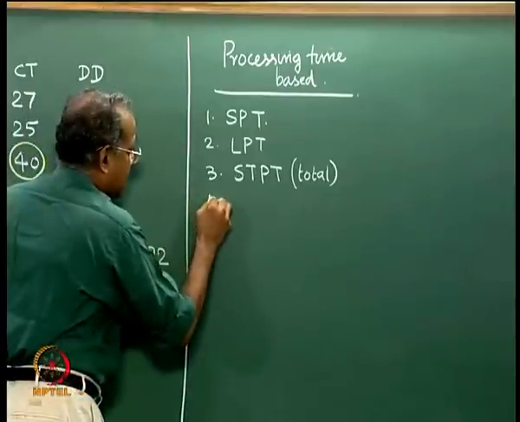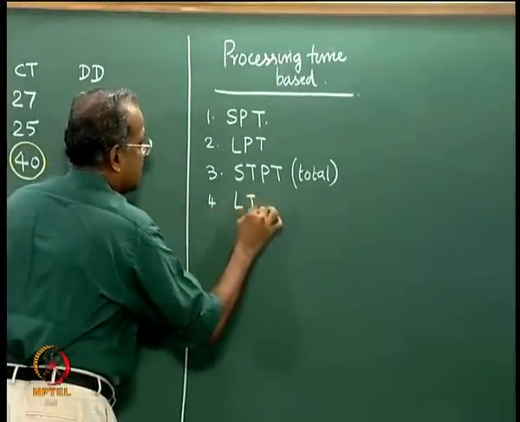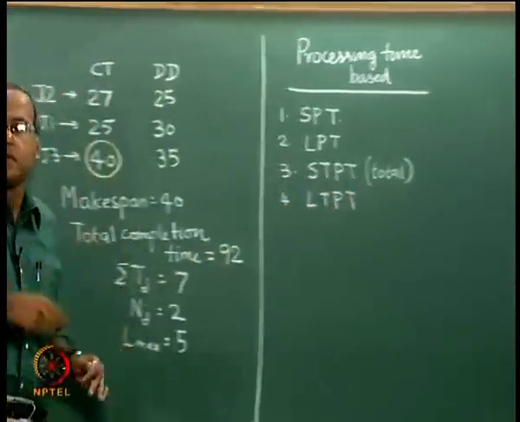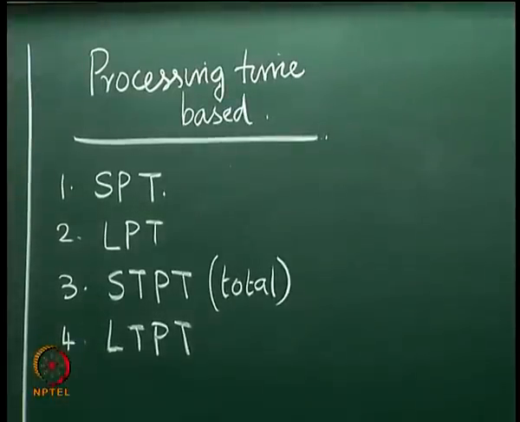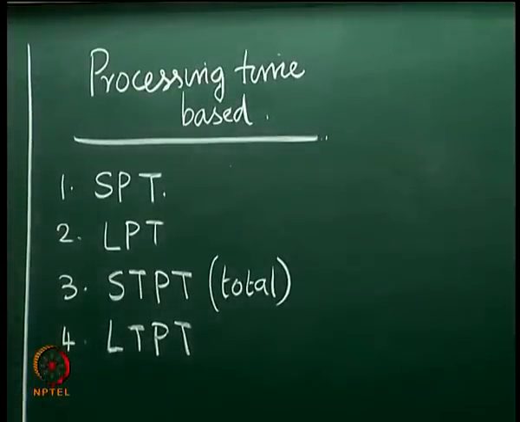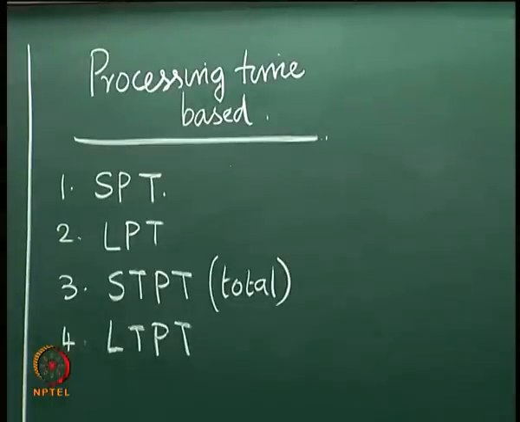Similarly, if STPT is a rule, then LTPT can be another rule. Choose the job which has the largest value of the total processing time. Many times we also do another thing. For example,